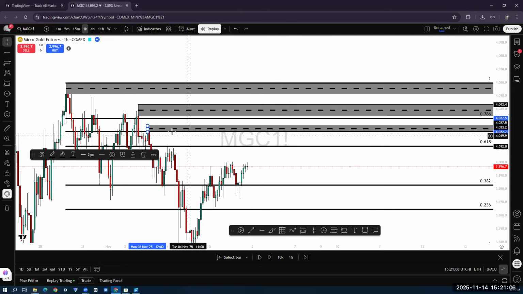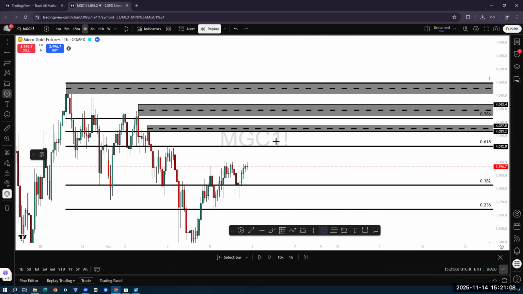If we know that we're trying to enter in the middle, because we just identified that we don't want to enter all the way up here because we don't want to miss out on anything, and we don't want to enter here because we also don't want to get in too early, the best option would be the middle. Your entry is going to be the 50%, is it not? Yeah. All right. So let's have our entry here at the 50%, sell.